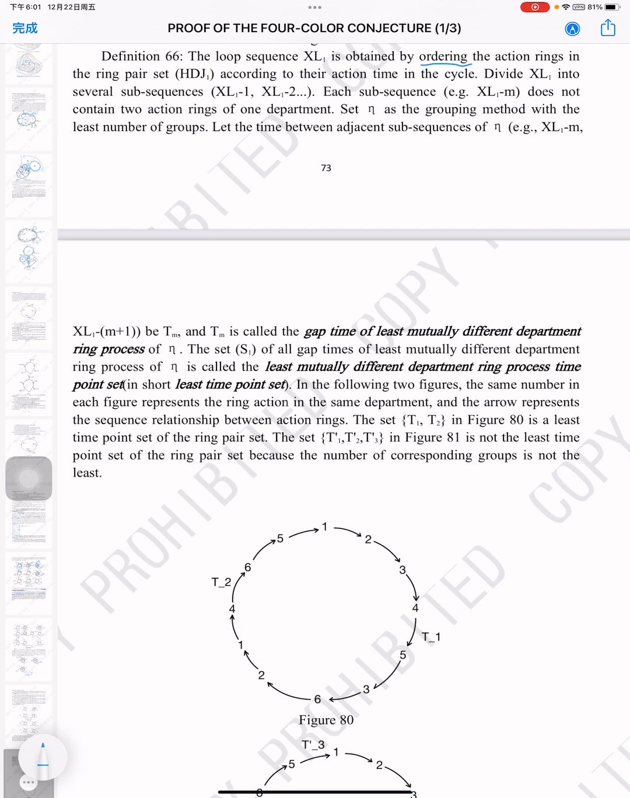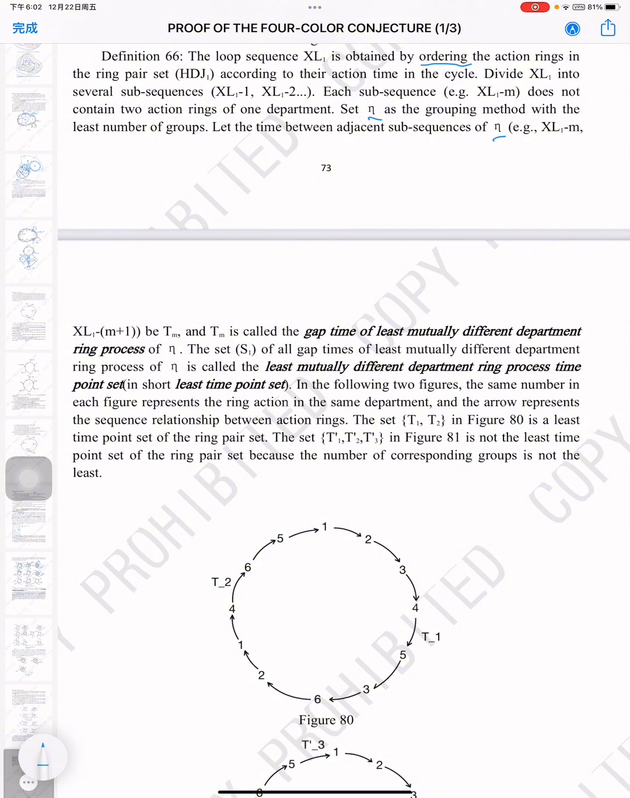Divide XL1 into several sub-processes, XL1-1, XL1-2, and so on. Each subsequence, e.g., XL1-M, does not contain two action rings of one department. Set eta as the grouping method with the least number of groups. Let the time between adjacent subsequences of eta, e.g., XL1-1, XL1-M, XL1-M add 1, B, Tm, and Tm is called the gap time of least mutually different department ring process of